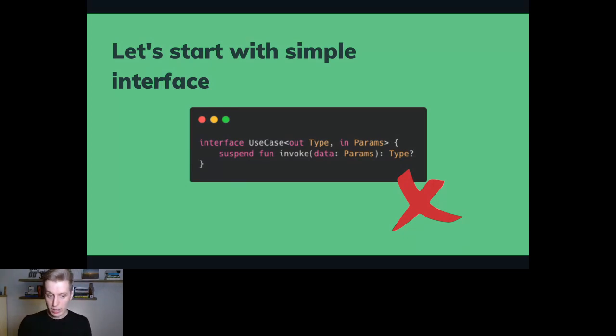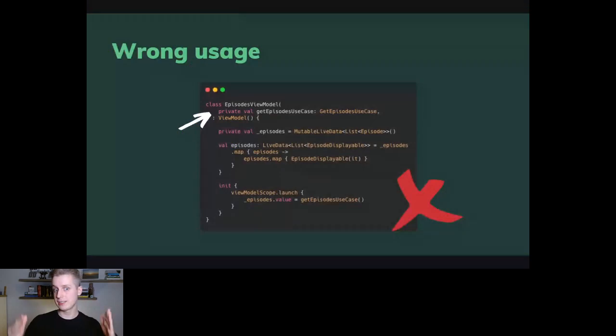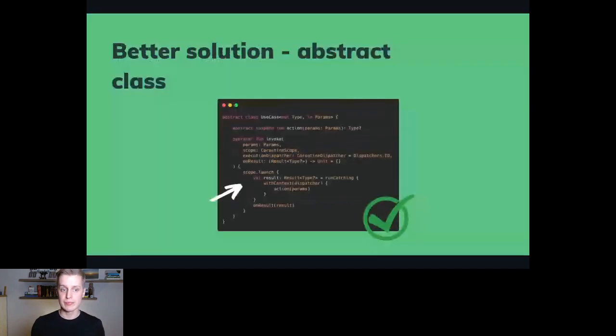So when we have an interface like this and we plan to use it this way, we should definitely avoid that, and we can just simply remove the interface, because we don't have any advantage of using abstraction here. But we can do better with abstraction, even if we don't use it directly.